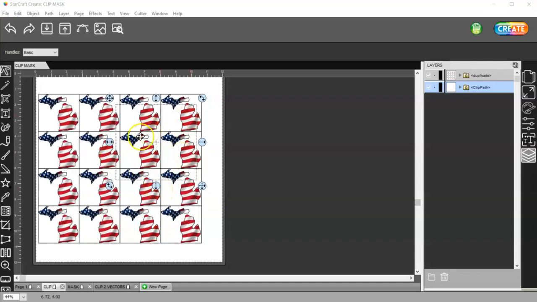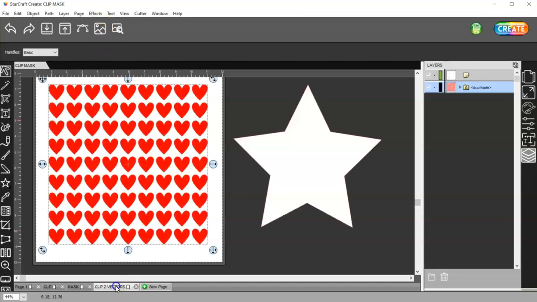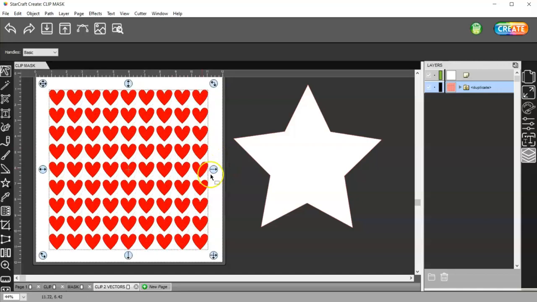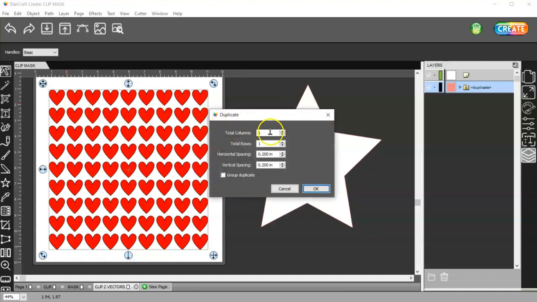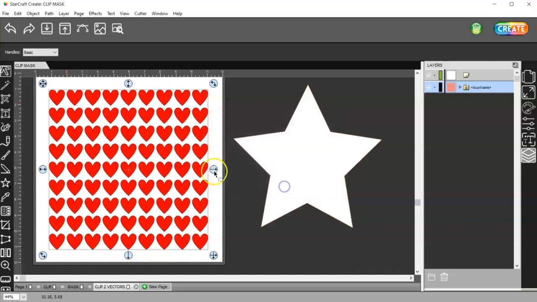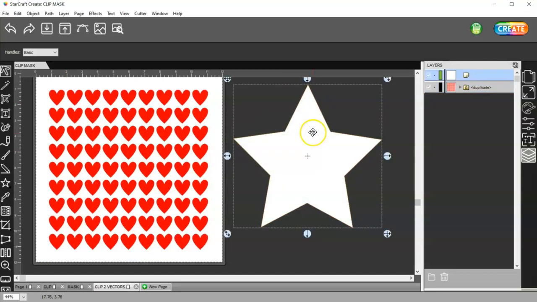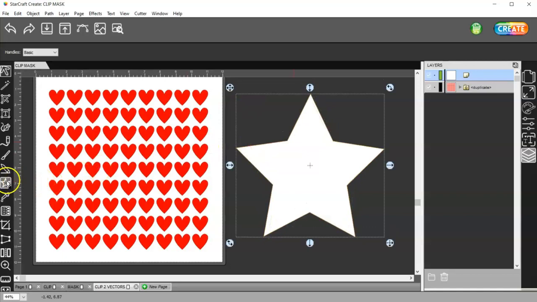Now this was an image and a vector because the state already has cut lines. So can I do two vectors? I can. So what I did here was I just took a heart from the library and I hit Control D, and I made some rows and columns, and I got them adjusted, the spacing the way that I wanted it. Okay, and then here I have a star that I drew from over here, and I turned it white